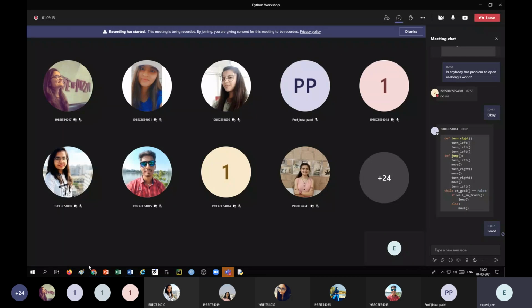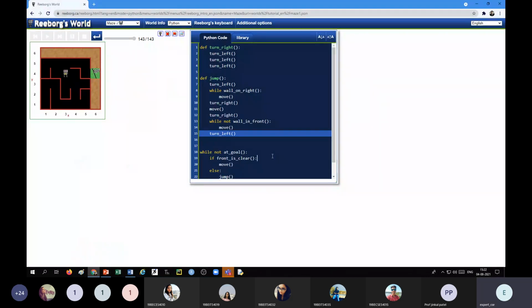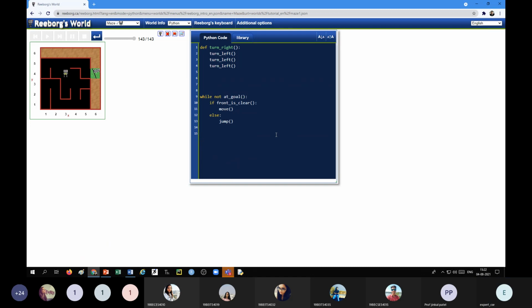Shall we write? Let us see now. I think there is no question of jump, so we'll remove this jumping. While not at goal, this is required. What we should do?